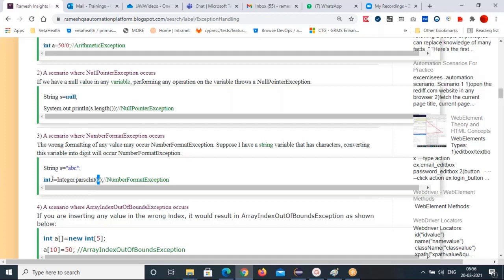Can you tell me what is happening here? This line, can you explain what that line is doing? The integer is trying to convert it. What do you mean by that line? It's converting to a digit. Where is the digit here? There is int and there is Integer, both. S is containing the alphabets abc, a string, which is being converted into integer. But where is the integer? What is this line?